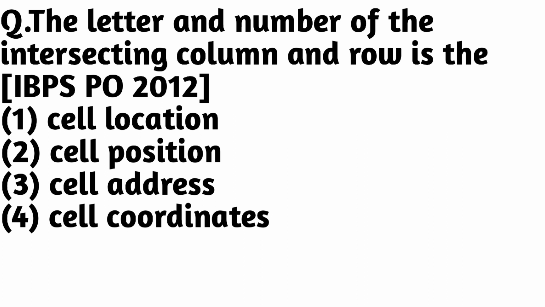The letter and number of the intersecting column and row is the option 1 cell location, 2 cell position, 3 cell address and 4 cell coordinates. The correct answer is